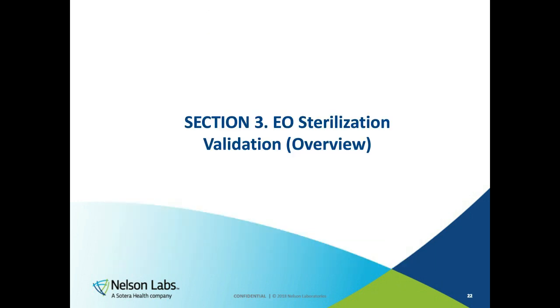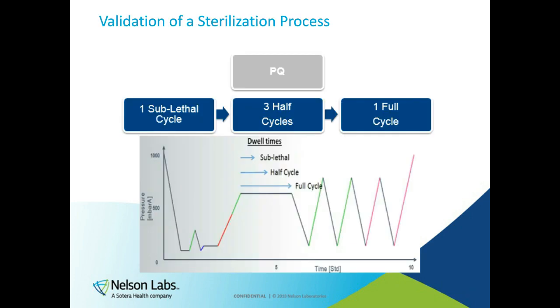Section 3 is EO sterilization validation. This is what a typical validation is going to look like, a standard validation. Again, the reason why we bring this into light is because in the second half of this presentation, Gib will be covering the process for a single lot batch and what that looks like and how it fits into and adheres to the requirements of achieving sterile cycle or showing that your product is sterile after the single lot batch